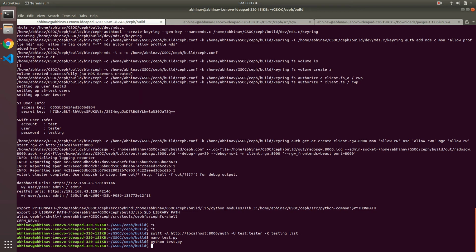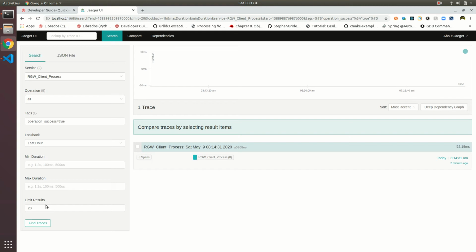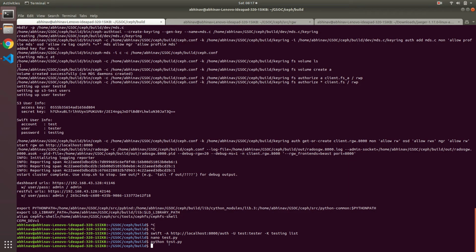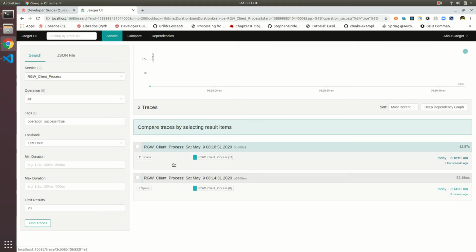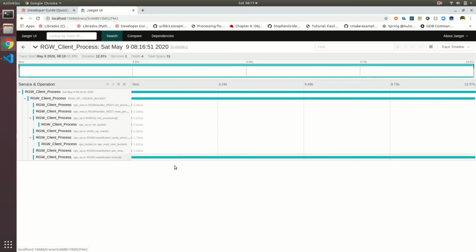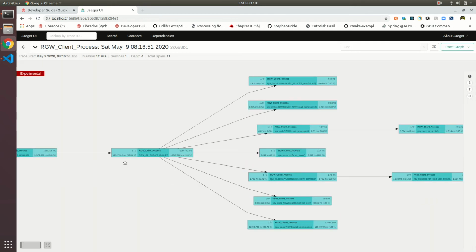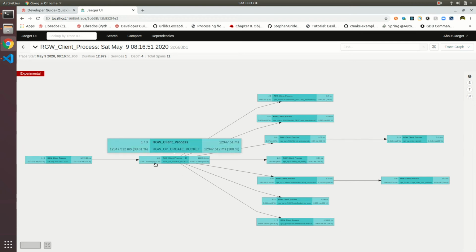Okay, now my request is completed, and if I do this again, I am getting this successful span. This request has also created more than one span, but here I am getting a single span because I have this tag equal to true, meaning you have to enter this to get only successful spans. The time taken by it is 12 seconds, and here you can see its whole graph. Create bucket, execute, means the whole span is there. This is the successful span which is responsible for carrying out the client's request.